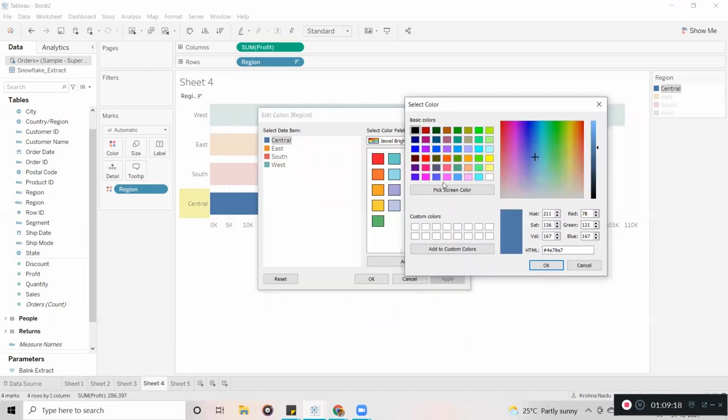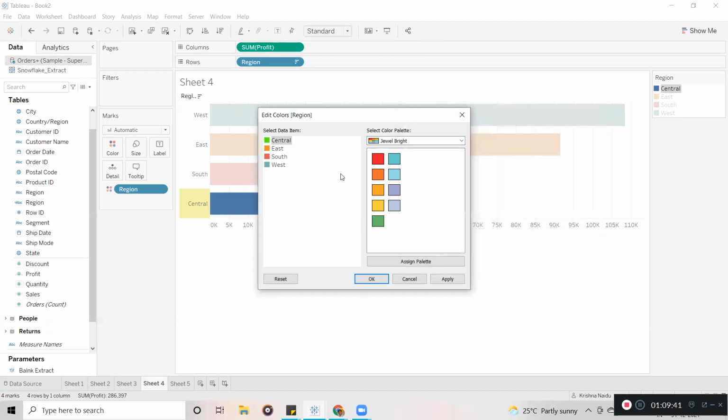Last time we saw how to pick the screen color. So for Central I want to give a different color, so I will click on pick screen color. Now whatever I click with the mouse cursor, it is going to select. So I want to give this color for Central.